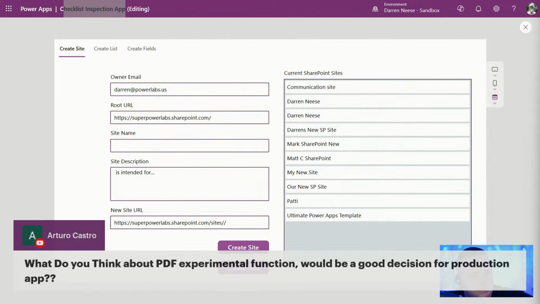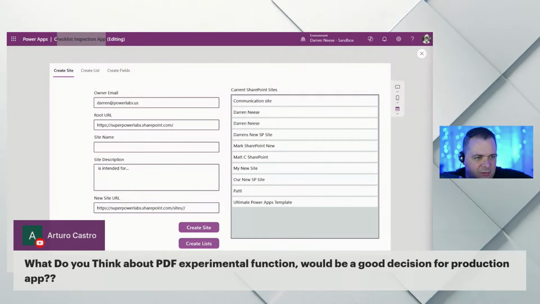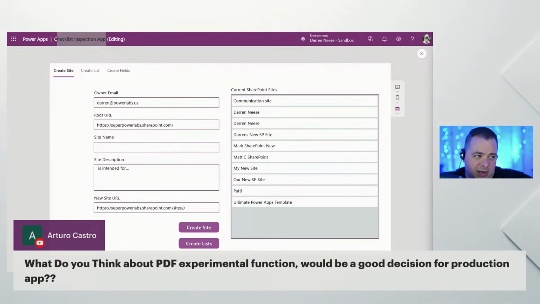I do have a question. It's a little unrelated, but it's going to be a very quick question for me to answer. What do you think about the PDF experimental function? Would it be a good decision for a production app? Now, if you're going to err on the side of safety, I'd say no. If you don't want to use any type of preview stuff in production, but